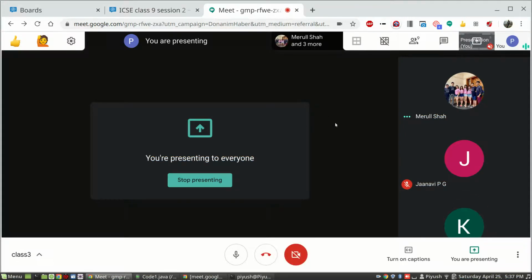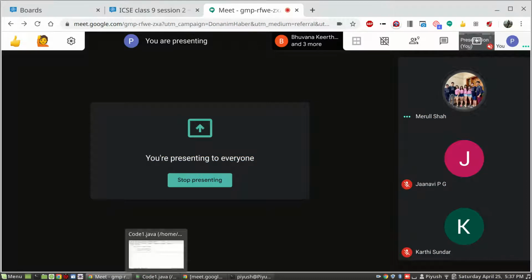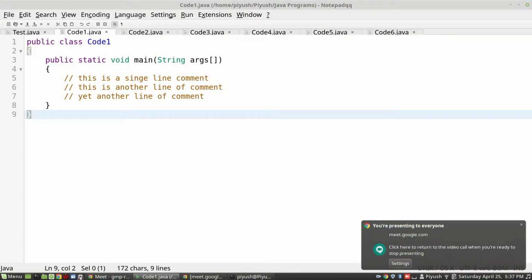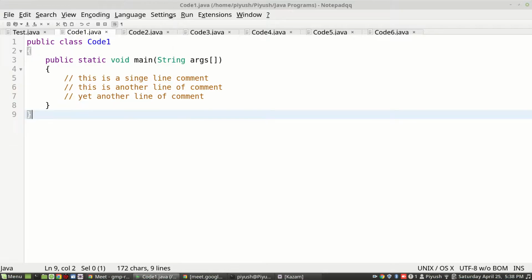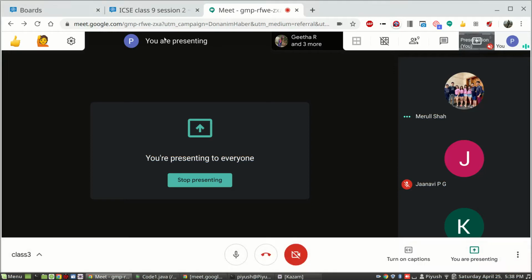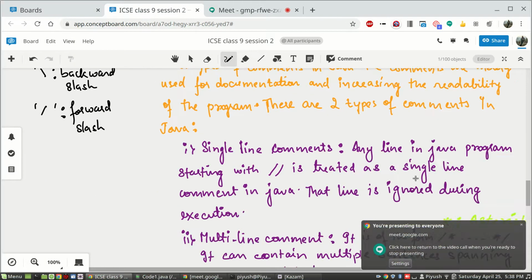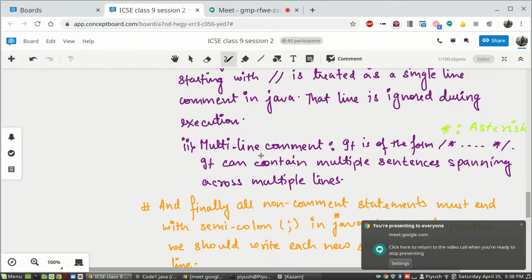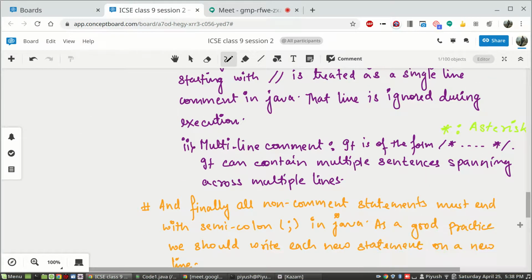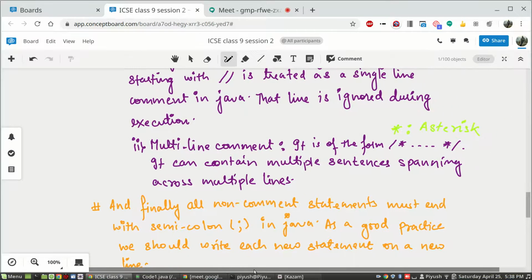Considering all of you have understood, we'll move ahead. We saw the first type of comments. I said there are 2 types of comments. So what is the second type of comment? The first one was the single line comment. What if we want to write some big explanation for the logic in your code? Then a single line won't suffice. You would have to write many single line comments one by one. But what if you have to explain something in the form of a paragraph? In that case, you are going to use multi-line comments.